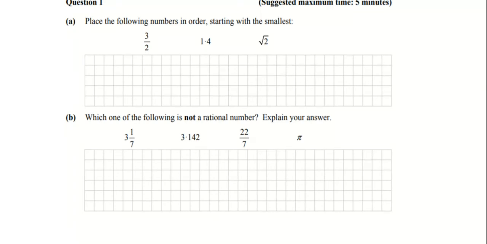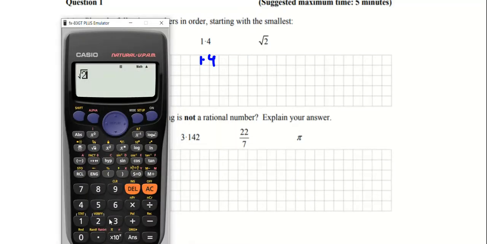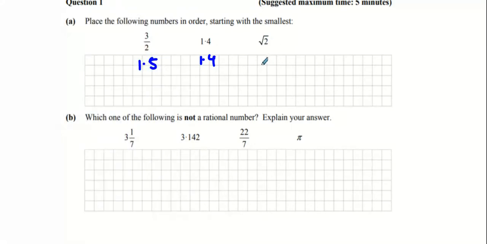Place the following numbers in order, starting with the smallest. Okay, so what do we have? We have 1.5 for 3 over 2. We got 1.4 for obviously 1.4. Then root 2, I think, is 1.414. So that to me means, starting with the smallest, it's going to be 1.4, root 2, and 3